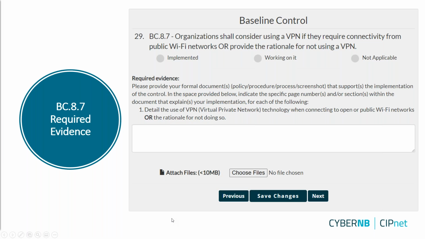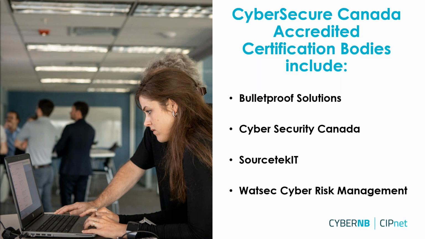So when you're processing the statements, you would see below each statement a button that says submit for certification. Until you complete all 51 statements for CyberSecure Canada, it'll be grayed out. But once you complete these statements, it'll light up and you'll be able to click submit for certification. At that time, you'd be contacted by CyberNB to select one of the 4 accredited certification bodies under